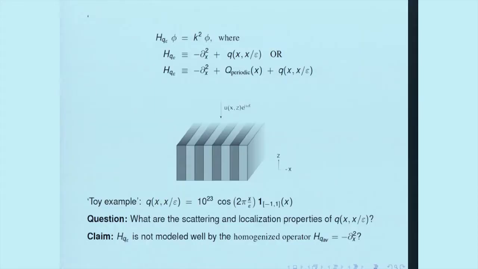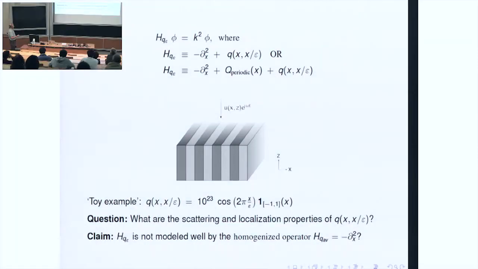And think of it, here's a toy example. This is supposed to be a toy model of a microstructure. Some very large number times something oscillatory times something compactly supported. Okay. So we're interested in things like that, or superpositions of them, general things like that. We ask, what are the scattering and localization properties for such potentials? And the claim is that,